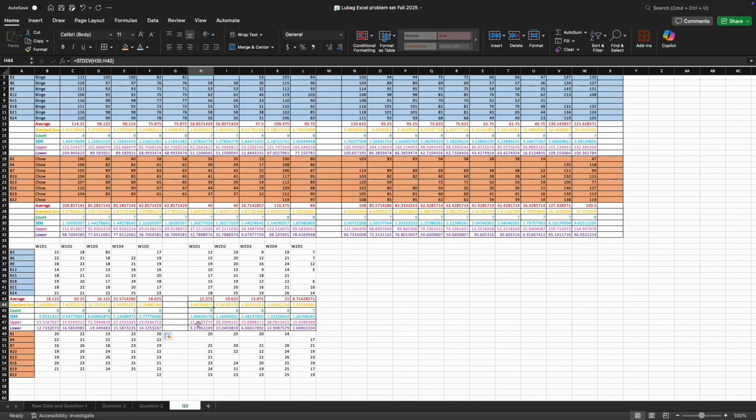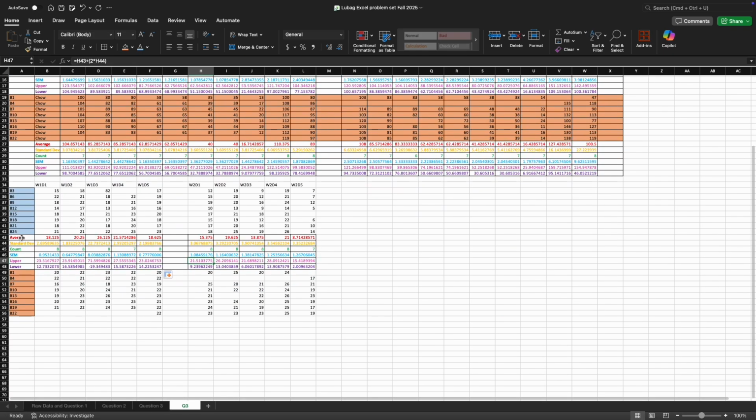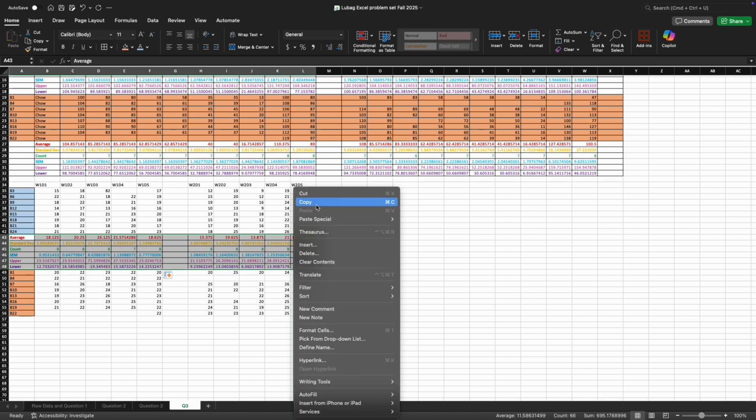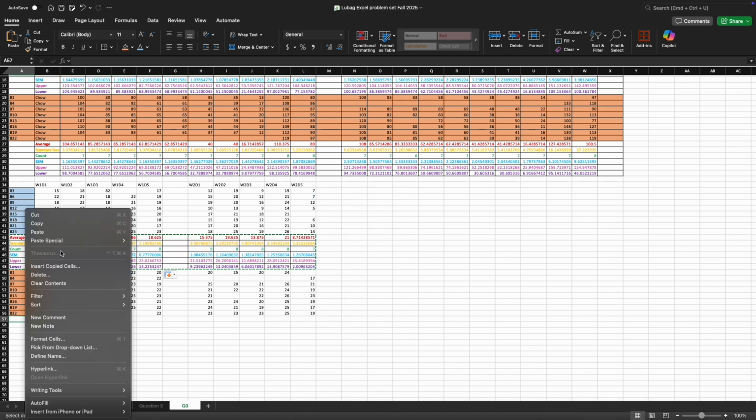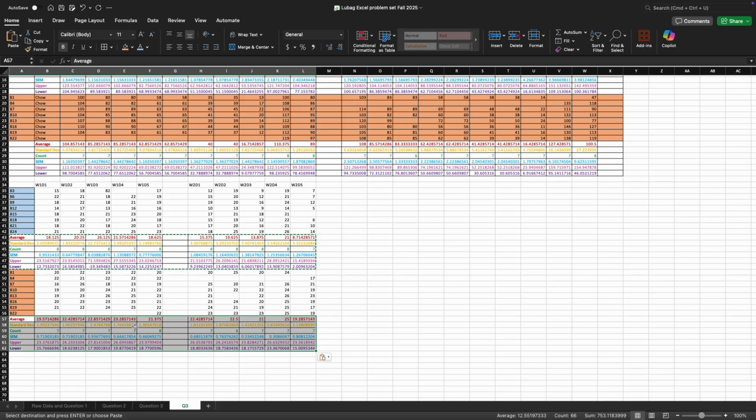Alrighty, so now what I'm doing is I am copying all of this and pasting it in for the chow group so we can have all of that analysis there and make sure we have no outliers, as well as copying the weeks and the days and pasting it in to the right of where we just did all of this analysis. And I am copying the averages for the binge only group, and rather than doing a regular paste,